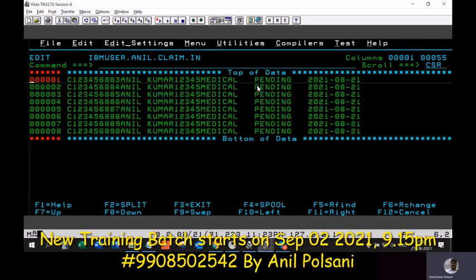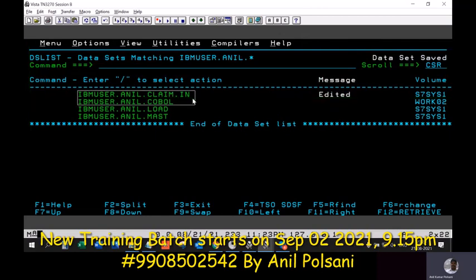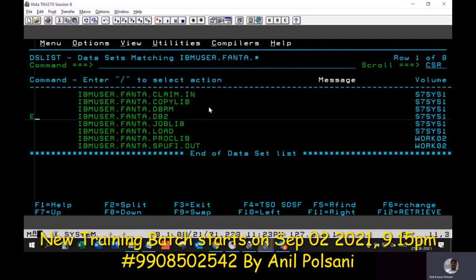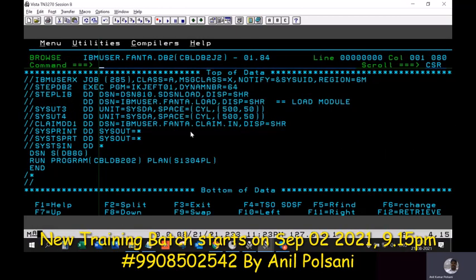Now I need to use this file as my input to your job, right? So let's go to the job and try to replace here. I'm not able to replace here.